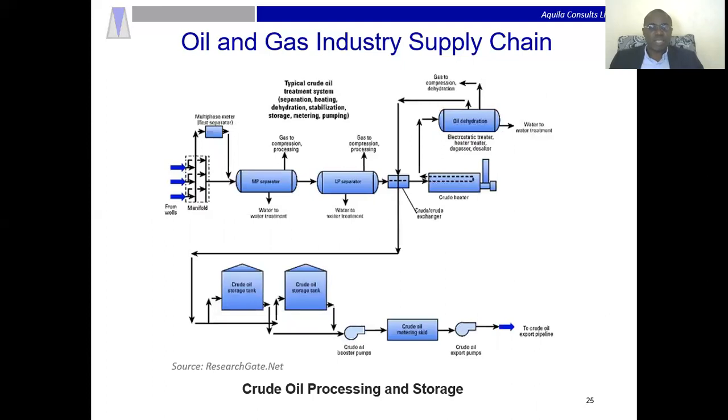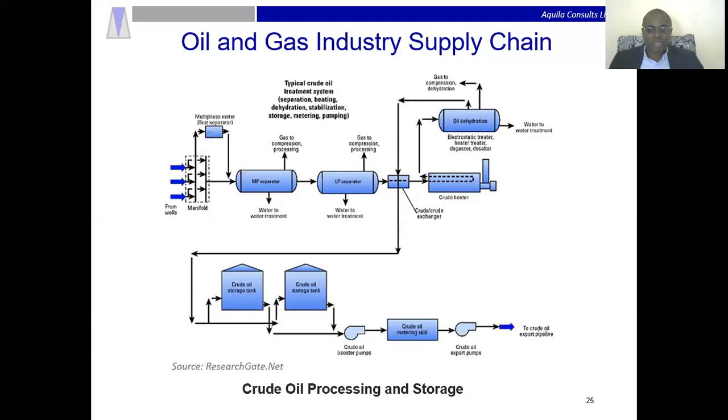So this chart here just summarizes the processes involved in the processing of the product from the well. We're assuming here that your well is predominantly crude oil. So you take the oil to the manifold, from where you go through processing. Then you have heating. You remove your gas to compress and dehydrate, and then you send your crude oil to the crude oil storage tank, which we may further ship outside.